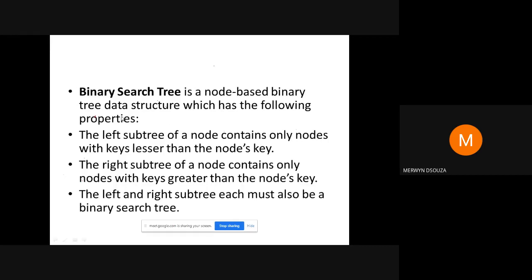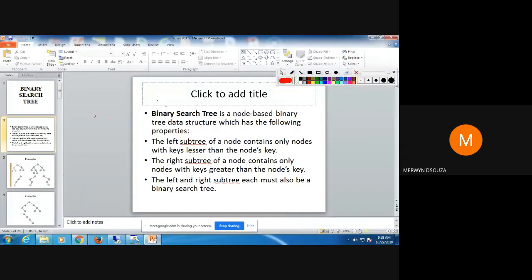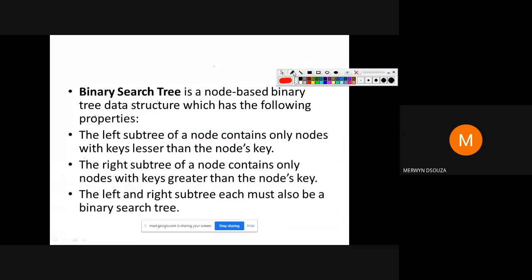So first of all, your binary search tree is a binary tree. Okay. Binary search tree is a binary tree. It is a binary tree, but it is a special type of binary tree. According to the definition, the left subtree will contain keys. One thing before I tell you the definition: the meaning of keys here is the values of the nodes. The data that is stored in the nodes is referred to as keys. So all the data that is stored in the tree will be referred to as a key.